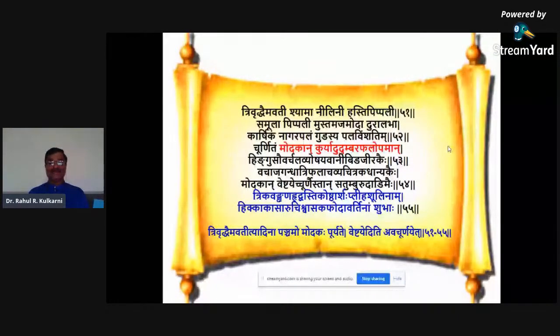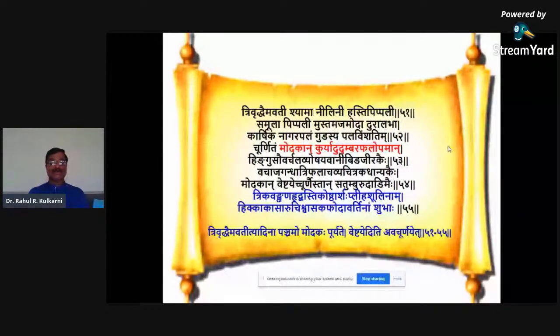So how it is added is: Modakan Veshtayet Churnaih Tumbura Dadimaih. So along with Tumbura and Dadimarasa, these churnas have to be spread on a surface and these wet modakas have to be rolled on the powder so that the modakas get entirely covered with the churna. That is how these prakshepaka dravyas are added to this modaka kalpa. And this modaka kalpa is particularly useful in virechana in the conditions of trik vankshana grahanyadi basti